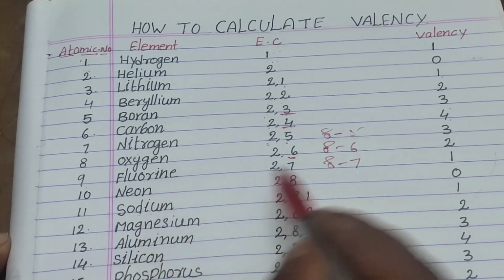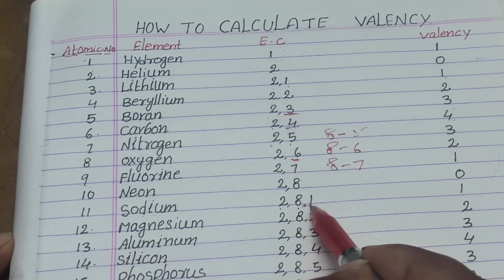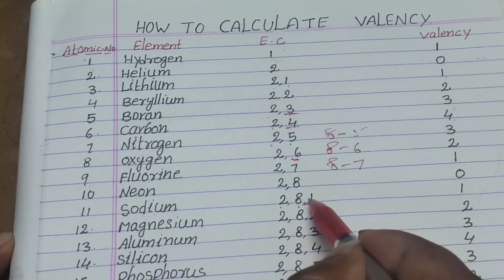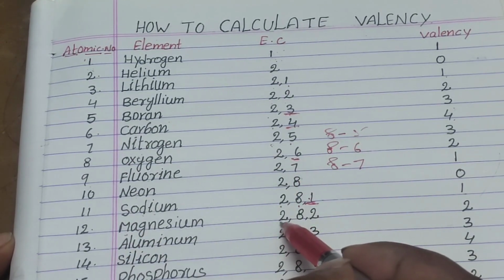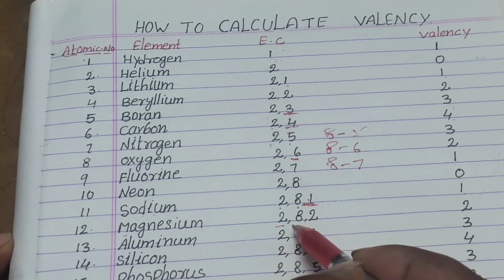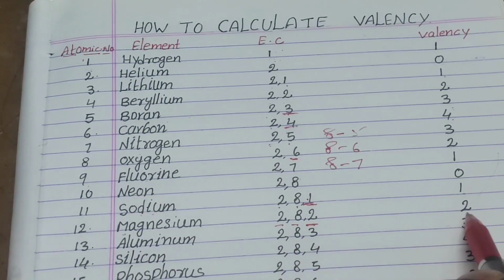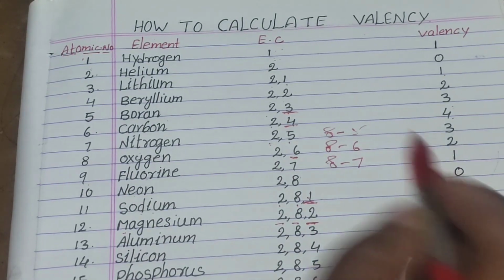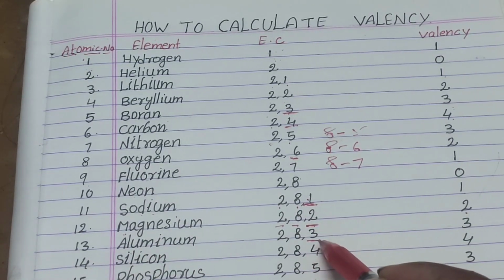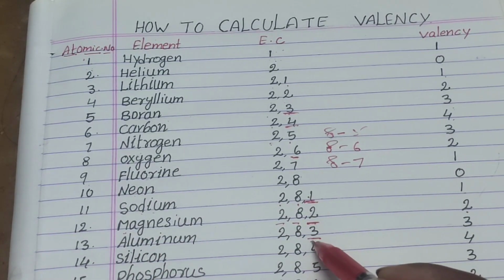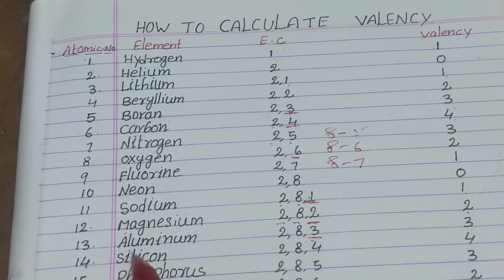Again, sodium. What is the valence of sodium? In the first shell there are 2 electrons, in the second shell 8 electrons, and in the third shell only 1 electron, so it is the valency electron, and the valence is only 1. In magnesium, the first shell has 2 electrons and the second shell 8 electrons, and the third shell, the valency shell, has only 2 electrons, so the valency of magnesium is only 2. Whereas the valency of aluminum is 3. Why? Because the outermost shell has only 3 electrons, that's why the valency of aluminum is only 3.